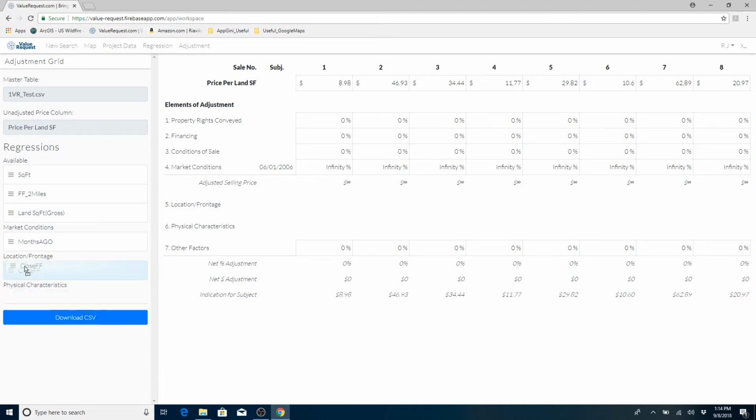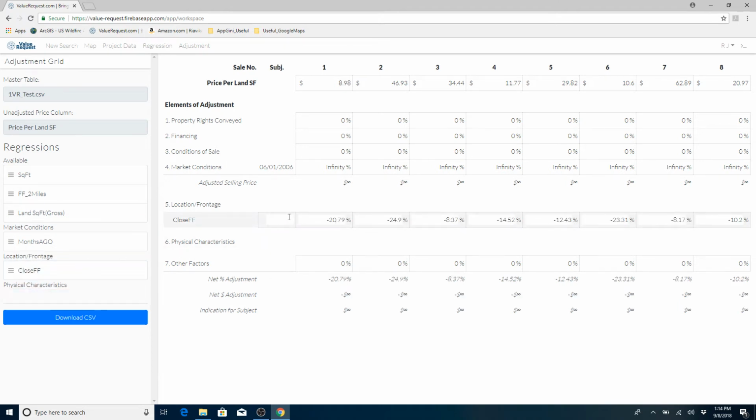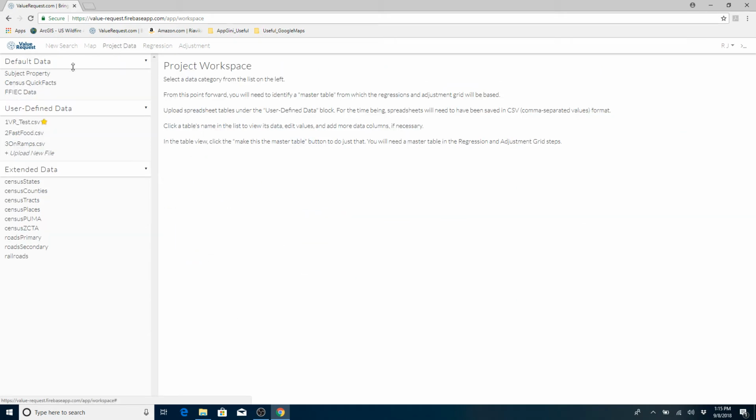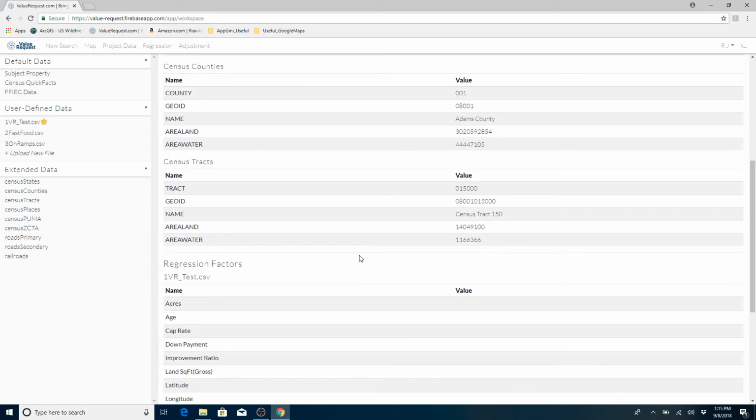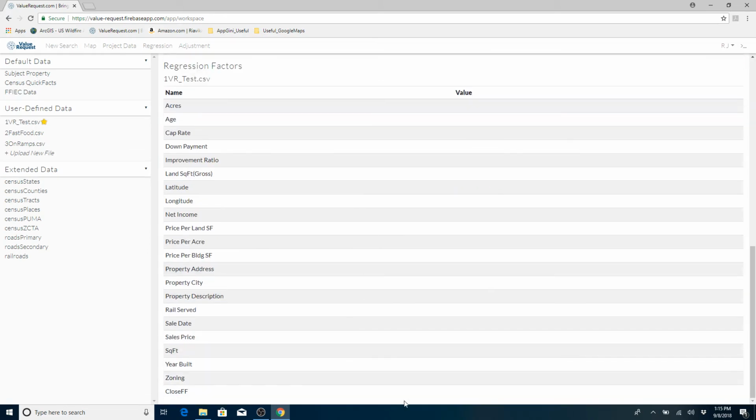Close fast food, we'll call that a location factor. Because that's empty on the subject table, it's going to mess it up here. I don't know, I can put in 0.75, see if that works. That does work. I could type it in. Let's go ahead and check the subject table right away, see if that added that in. Okay, it did not add it in as I manually typed it. I'm certain it expects to get it from